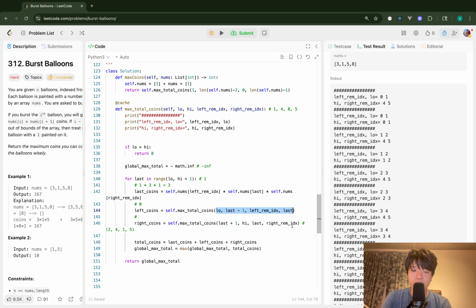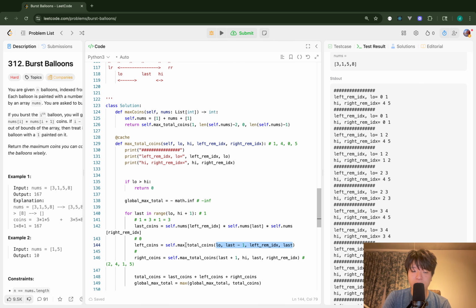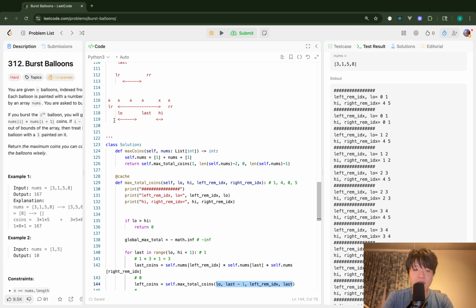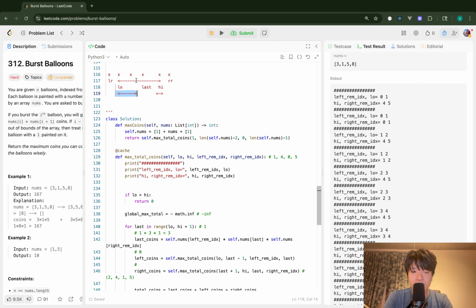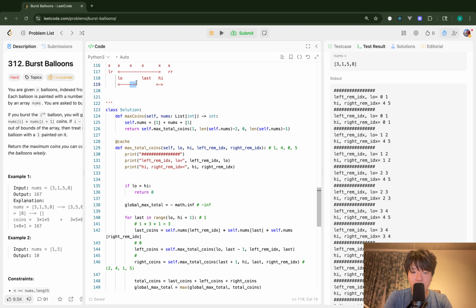So when I choose left coins, which means that on this side, this left segment is split. And when I take a look at high here and right remaining index, which is the first argument, it is last minus 1 and last. So I can say,